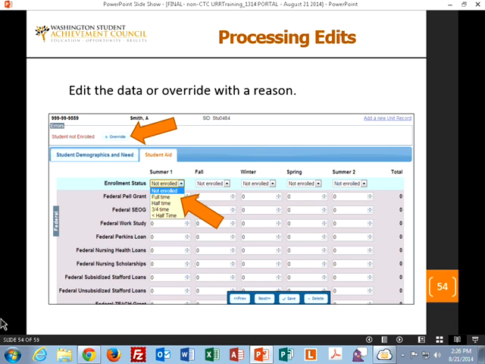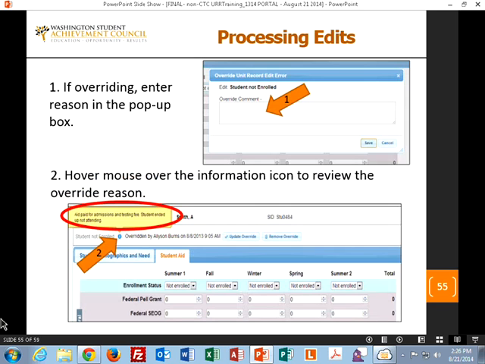If you want to overwrite it, instead of changing the enrollment status, you click on the overwrite button next to the error message. And then a pop-up window will show up, and you put your overwrite comment there. And once you've done that, you can hover over that little information letter I, and it will show you your override comment.